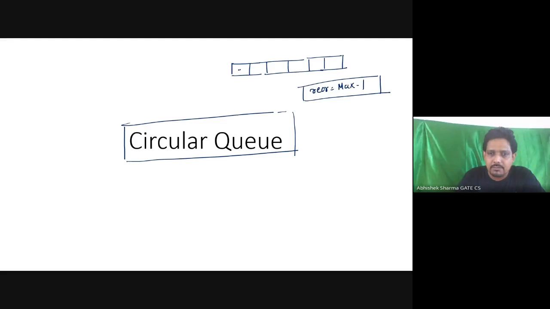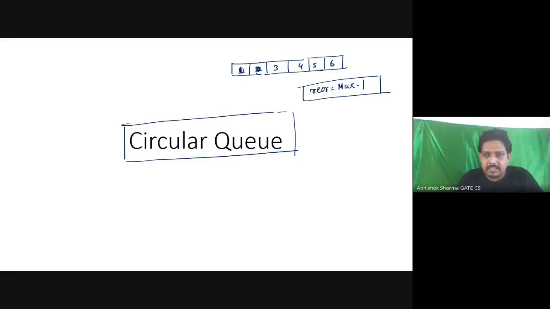If it is full, then I say delete one, and then I say enqueue, in that case we must utilize these empty spaces. This empty space must be utilized.